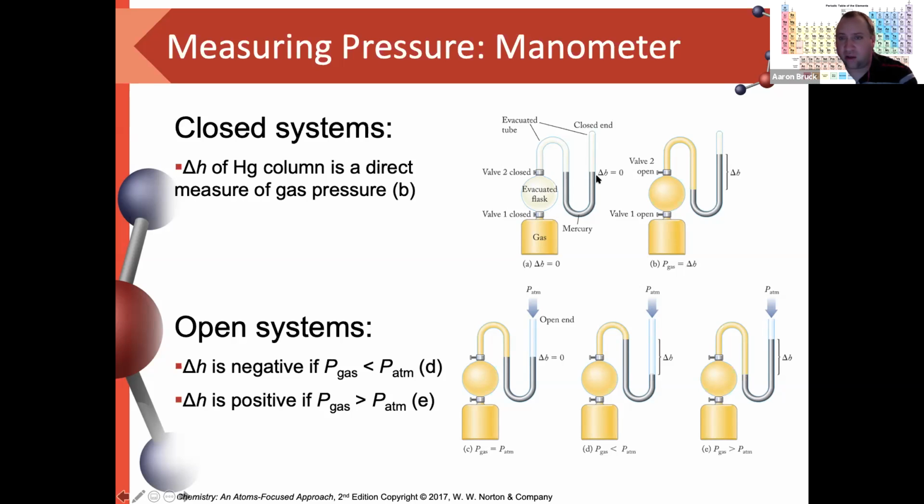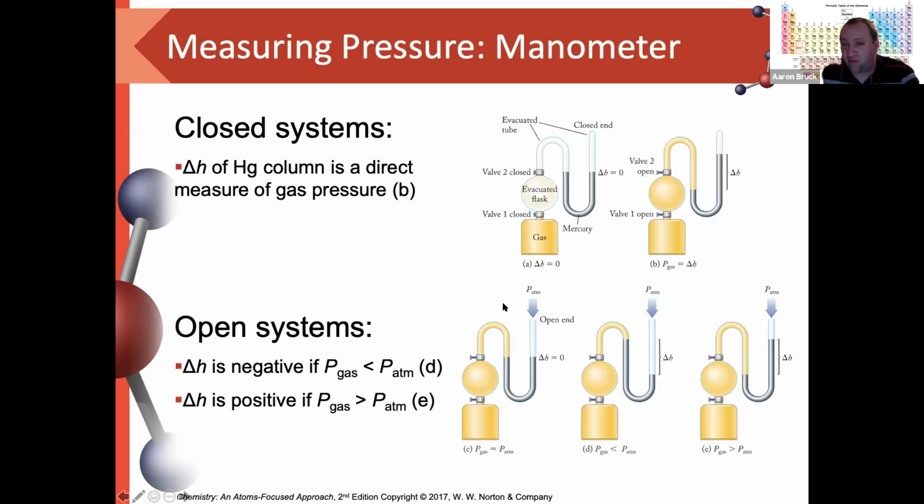So in a closed system where we have an evacuated tube here that is closed on one end, when we open up the gas, the amount of climb that we see in the mercury would tell us the pressure of the gas. Now, this is impractical for a number of reasons. We don't tend to see this method used as often as this one, where we have an open system, where